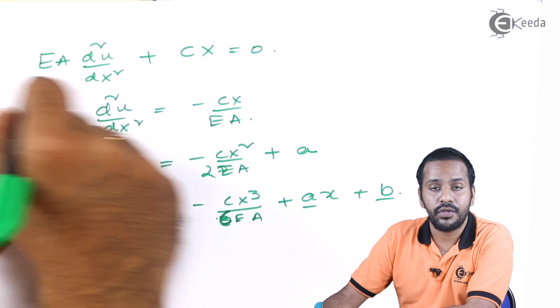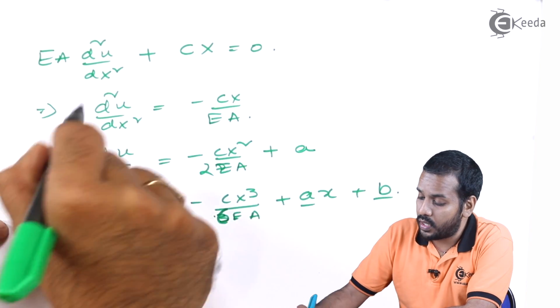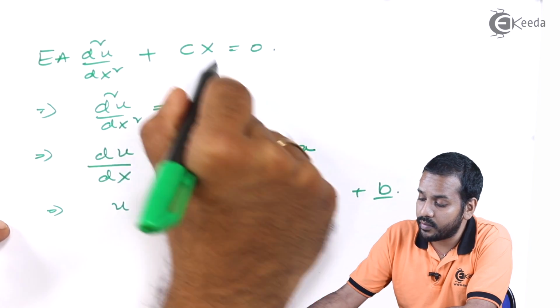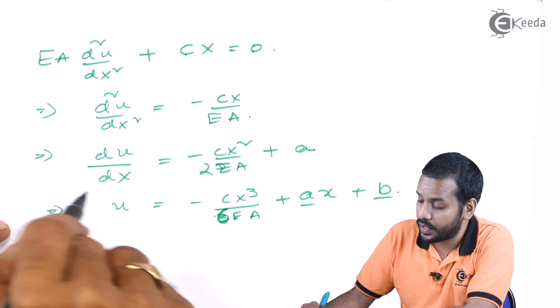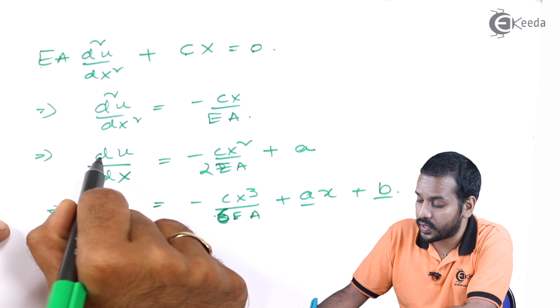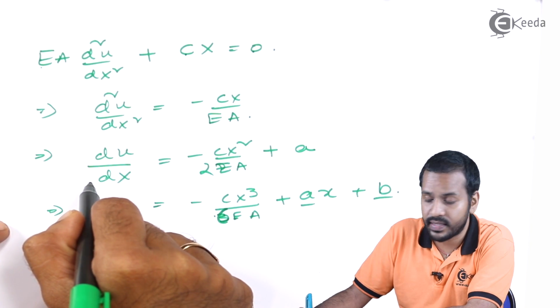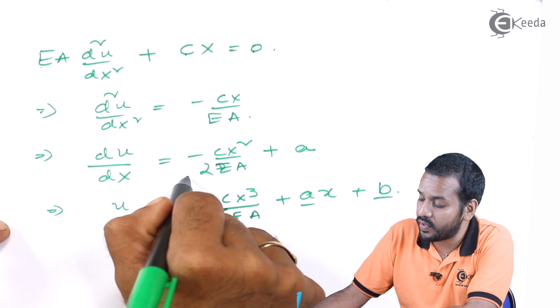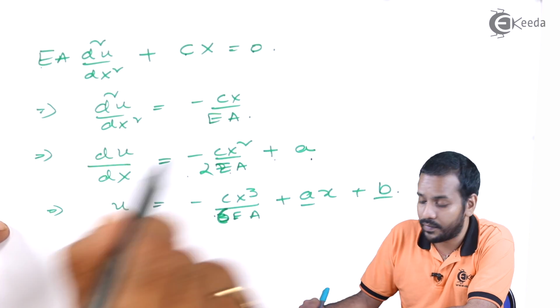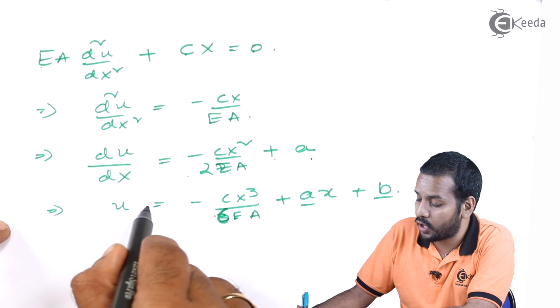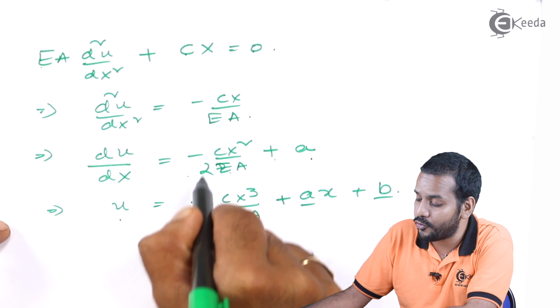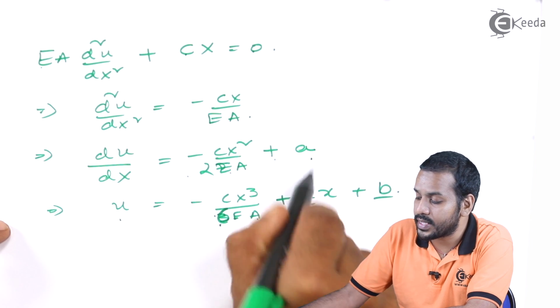So this is the differential equation we need to solve, and d square u by dx square is nothing but minus cx by A. Now you are integrating it once. On the left hand side it will be du by dx. On the right hand side it is cx square by 2EA plus constant A. Now integrate it again. Now you will get u is equal to minus cx cube by 6EA plus ax plus